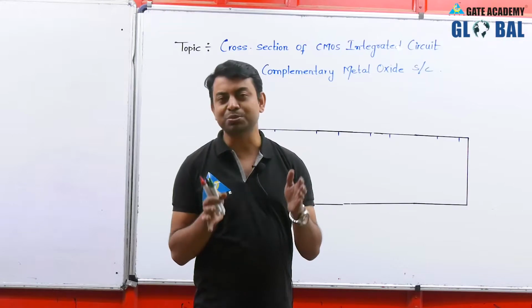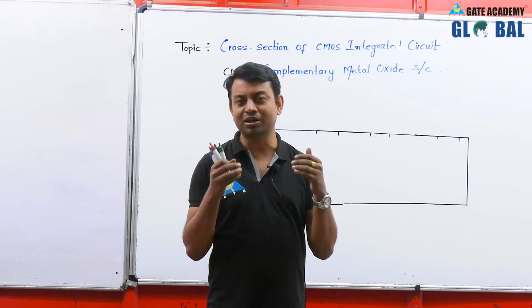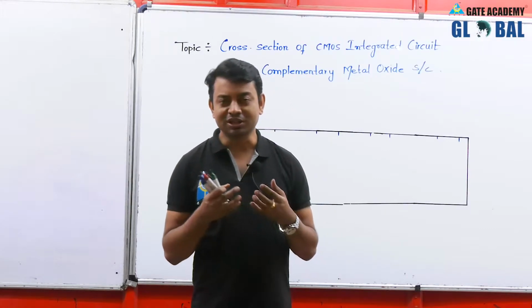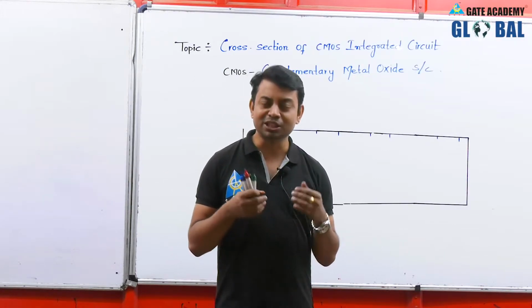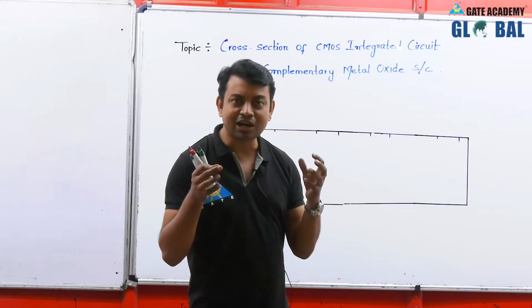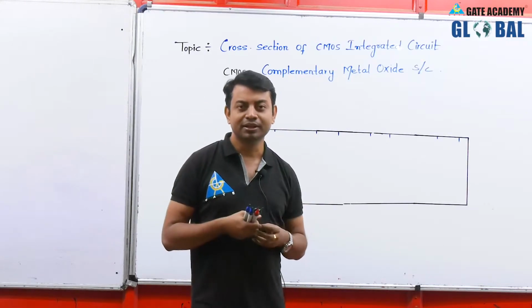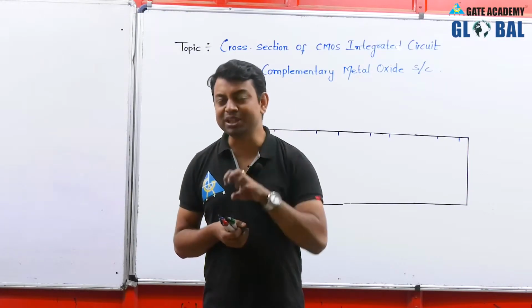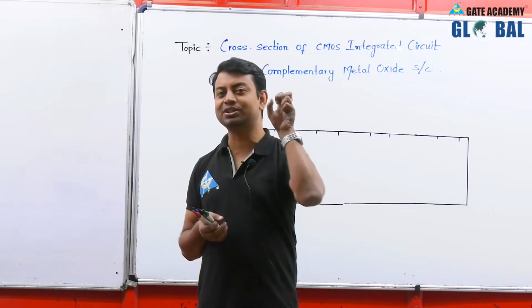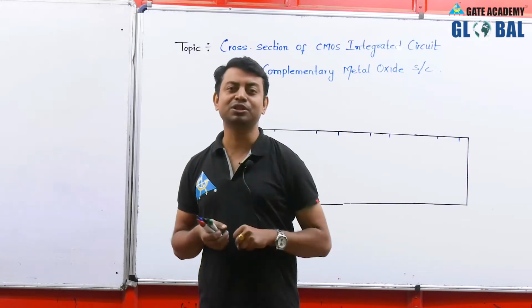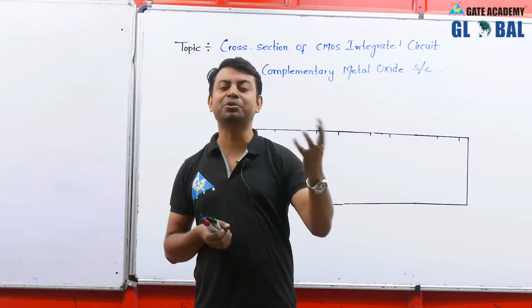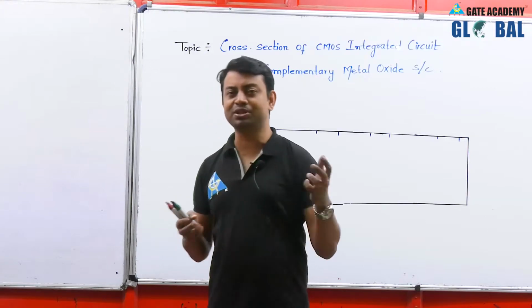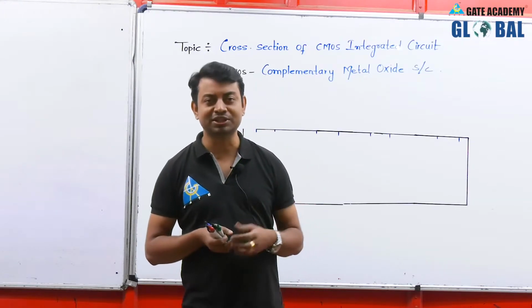So in the ICs we are implementing many billions of CMOS in a single chip, and this particular implementation is also called VLSI design. That means this CMOS has the power to replace the basic circuit elements from the integrated circuit. So this is the power of CMOS. We are going to analyze this CMOS circuitry also, and we are going to see how this CMOS is replacing all the basic circuit elements from the circuits.